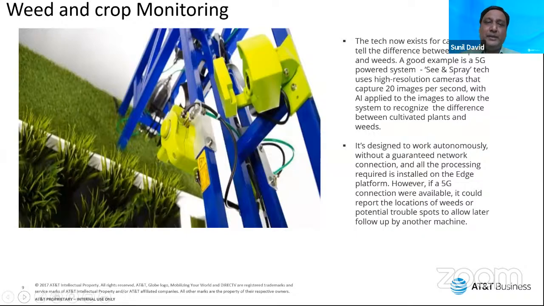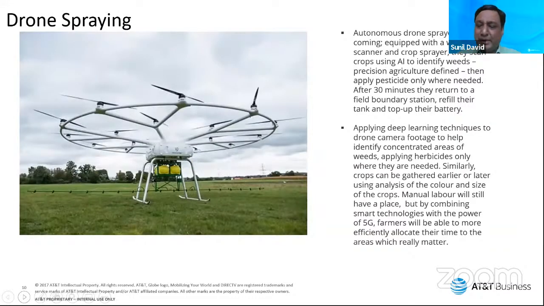The other option could be, you could use a 5G network in combination with edge. When I say edge, you could have a device which is closer to where the data is getting generated, and all the processing is done by the edge device, so that you are able to take decisions faster instead of data going to the cloud. So you're probably going to see a lot more use cases going forward where 5G would be combined with edge. And I'll come to my last use case, where today you have these drone sprayers,